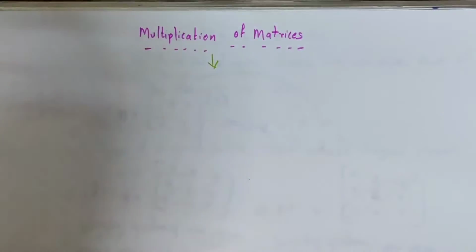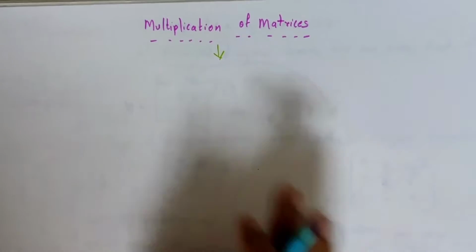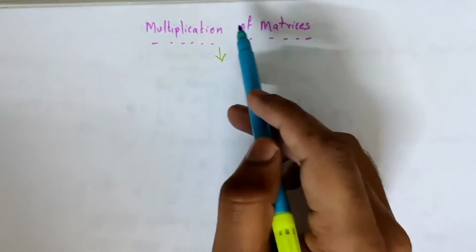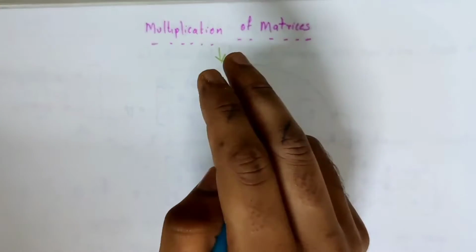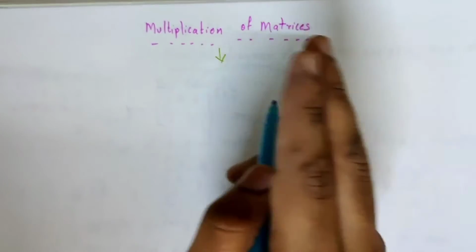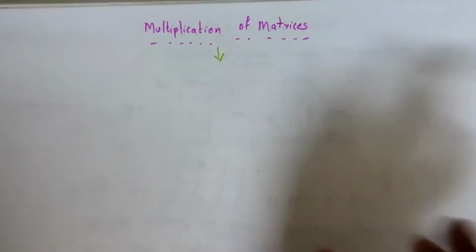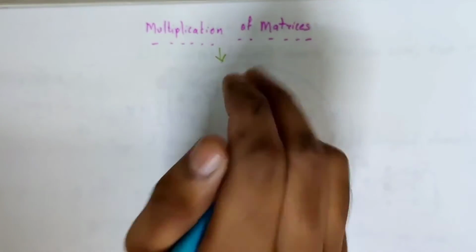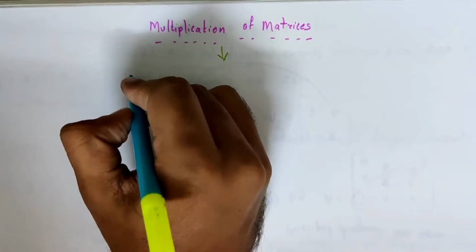Before getting into the topic, let us see the criteria for multiplication of two matrices. See, you can't simply multiply one matrix. You need at least two matrices for a multiplication. From two you can also multiply 3 matrices, 4 matrices, any number of matrices you want, but the necessary condition is you should have 2 matrices minimum. So I am assuming 2 matrices.